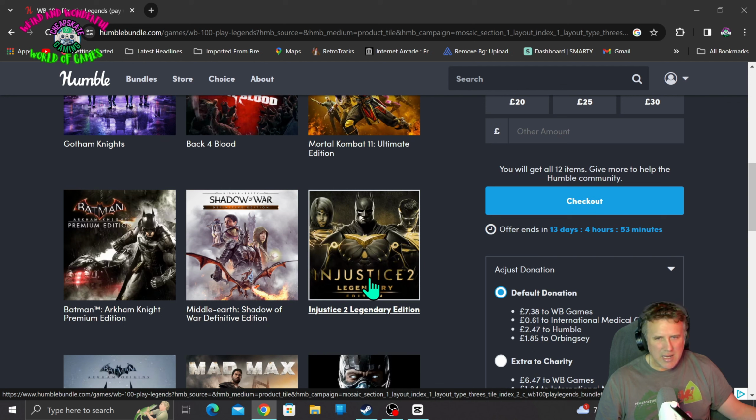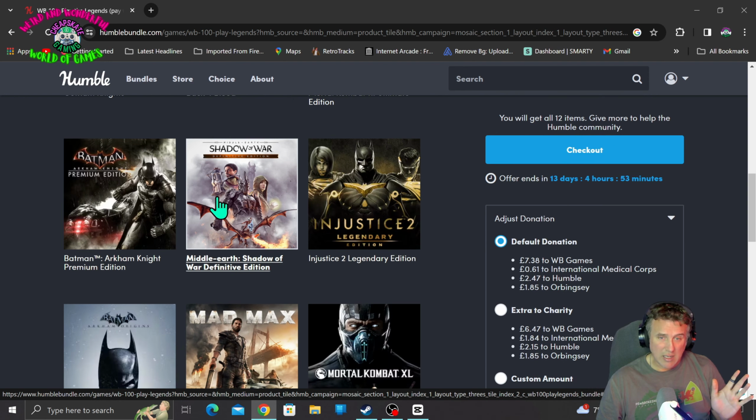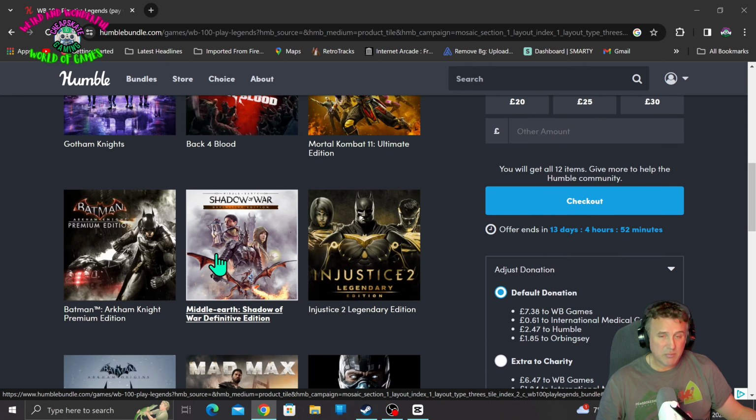I might play it, I'm not sure. You need a lot of hard drive space for something like that. Then you've got Shadow of War. That's the definitive edition, so that's basically an absolute ton load of DLC as well. That's the second version of Shadow of Mordor, so if you haven't played them, play that one first, then follow up with this one, which both of these games have